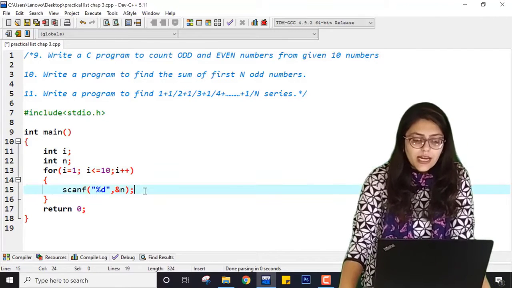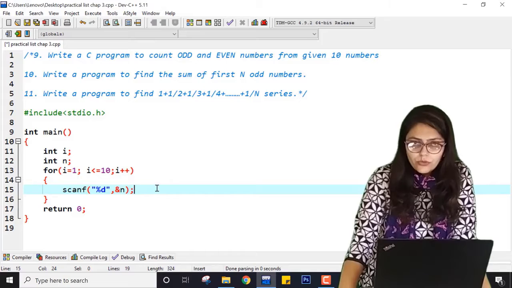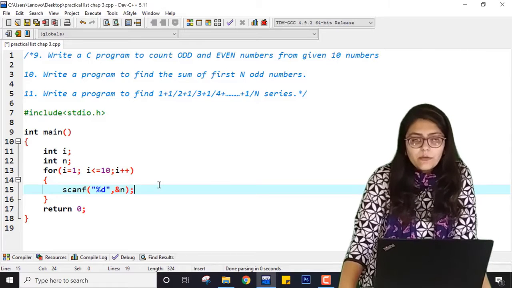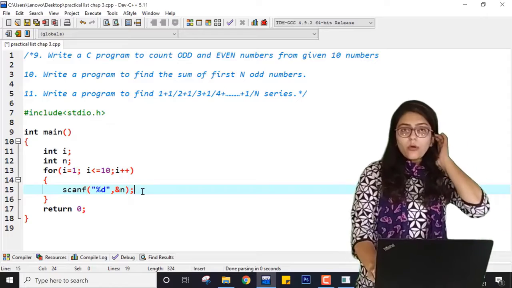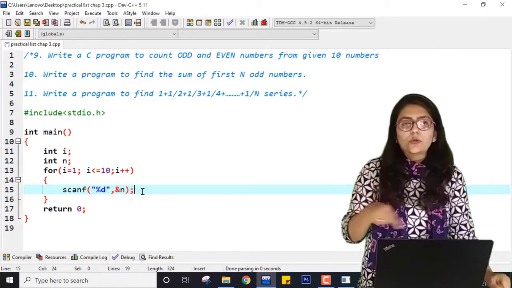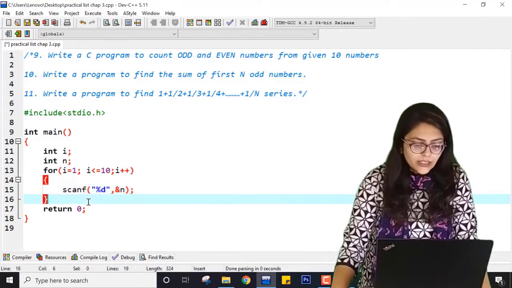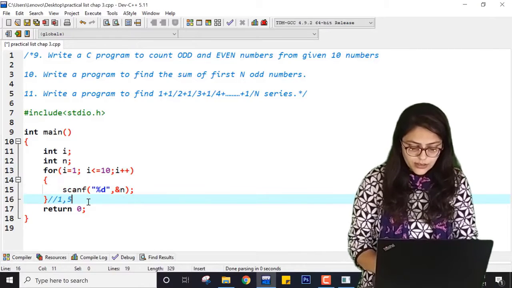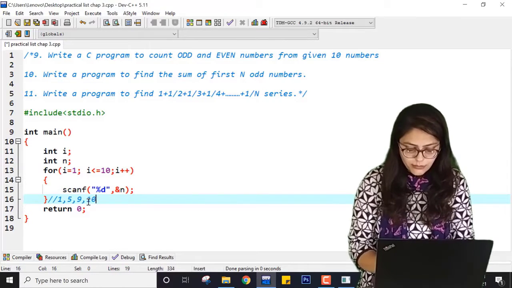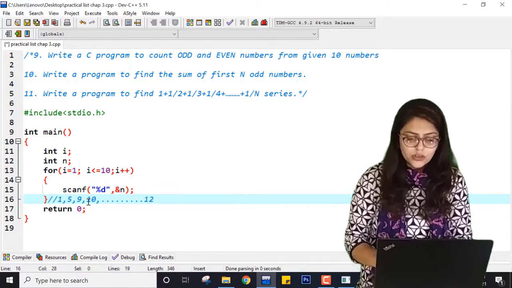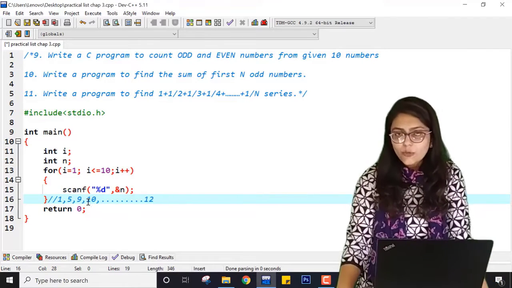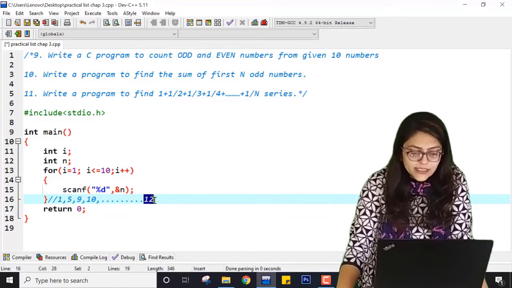First i equal to 1. When i equal to 1, n is taken from the user. Now after taking the value, if this loop is executing continuously, it will just replace n's value with the next randomly entered numbers. So at the end of the 10th iteration, suppose the value entered by the user is 12, the last value of n is 12.